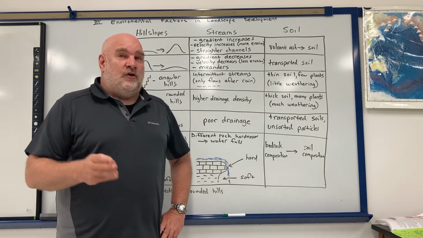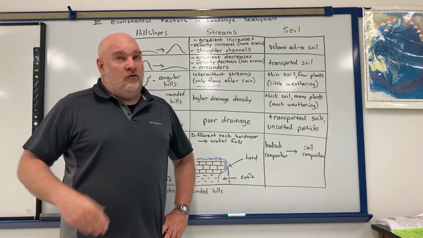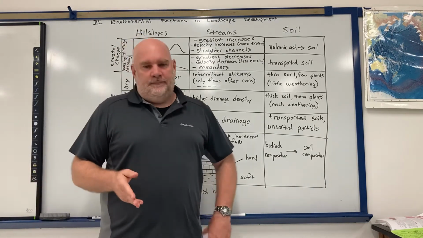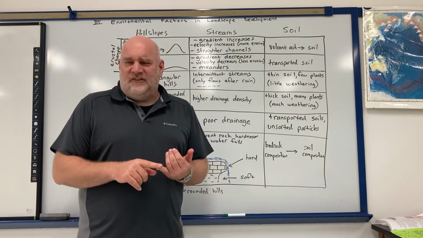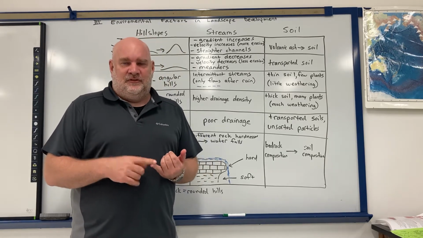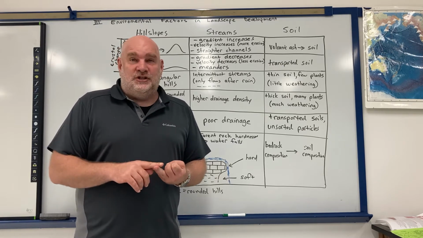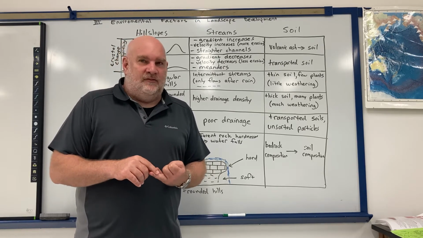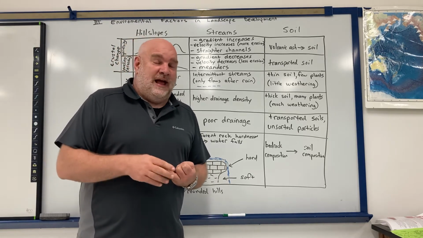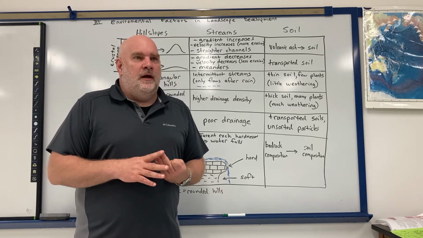Weathering is the breaking down of rock material. So the more weathering you have, the more soil you're going to have. All right. Well, if you think back to the types of weathering, frost action, well, you need water for frost action to take place, because ice is what causes frost action. Root action, well, you need plants, and plants need water. So no water, no plants, no root action. Dissolving, well, you need water for that.